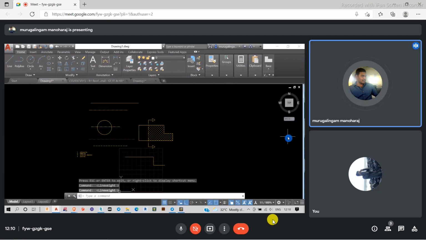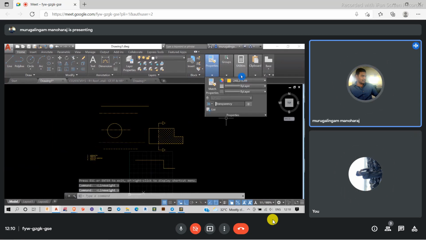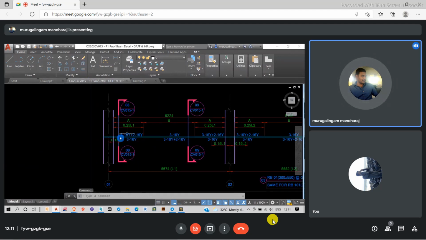Okay. Next thing, we know why we are providing this line width and in what cases we have to provide this. But the problem here is that there are different kinds of lines, different annotations, different colors, and different line settings they have used.